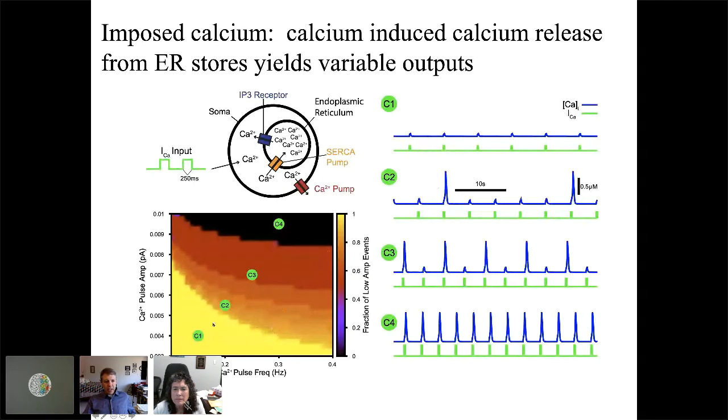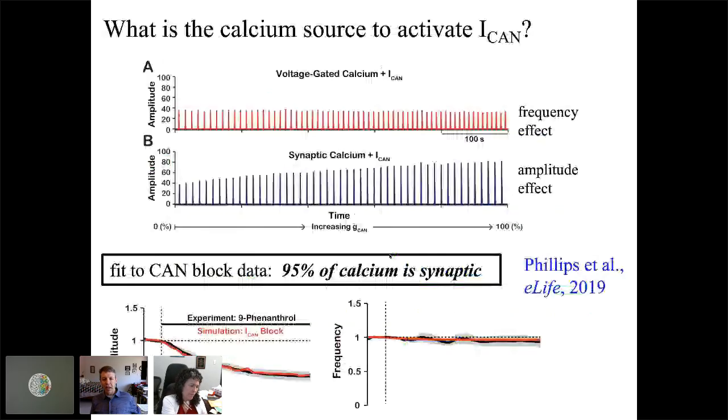And you can see that depending on the amplitude and the frequency of the input, we may or may not get actual large calcium concentrations, and we may get these with different regularities over the course of the input. So very small changes in the input characteristics can lead to this nonlinear amplification of the calcium level in the postsynaptic cell. Okay, so we think this can be the basis for the recruitment mechanism.